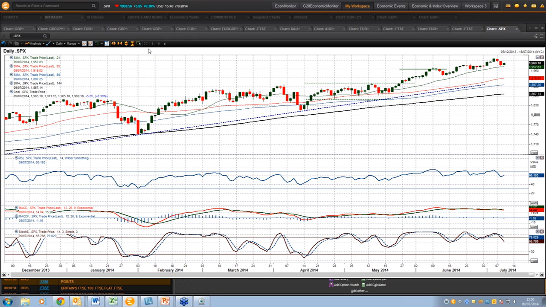I haven't drawn the trend line in, but if I did, you can imagine it's going to be pretty good. It's not too bad at all. You're still in that trend, you'd say, and it looks like this is just another buying opportunity. So nice support area between that 1950 and 1968. Support coming in yesterday at 1959, so it's right in the middle of that band of support, and it's